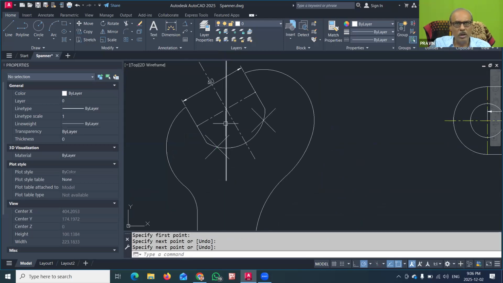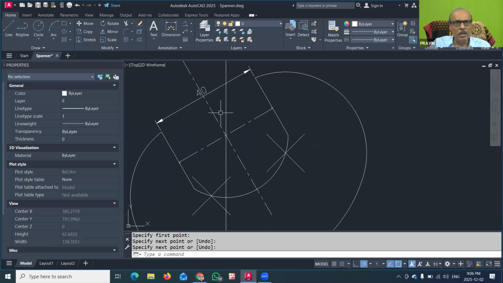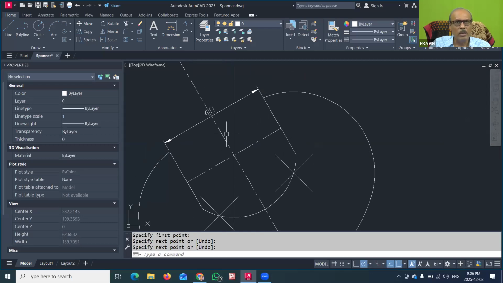So this is actually the vertical line, and this angle is now 30 degrees that I have taken while drawing the line. But I can show that. By using the angle dimension, you can click on this line. Which line should we first click? That also you have to remember: in AutoCAD the default direction of angle measurement is anti-clockwise. So you have to click first this line, and then on the other direction you have to click.